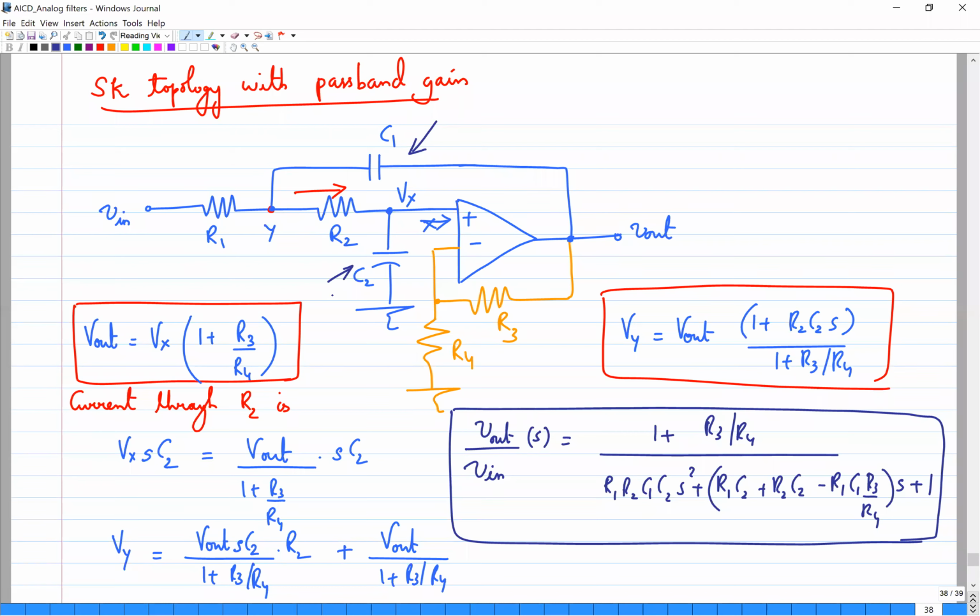If you replace capacitors with inductors, operation wise, at low frequency, what happens for an inductor when s is equal to 0? It acts as short. Inductors will act as short, and at higher frequency, so if inductors act as short here, this is short. Yes, true. I think it will act as a high pass filter.